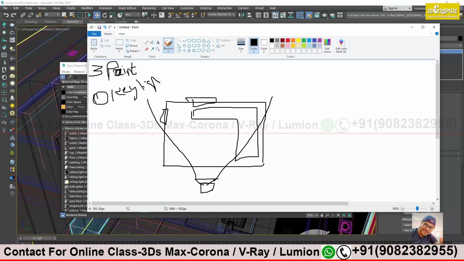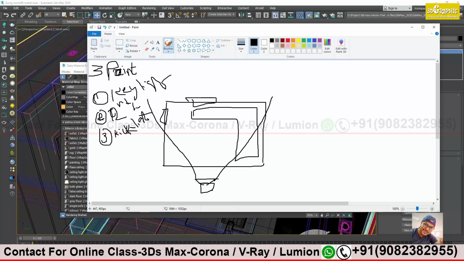Second is a secondary light. And the third is the kick light, or some other name. Sorry for the words, I'm not remembering. I will find out and let you know.